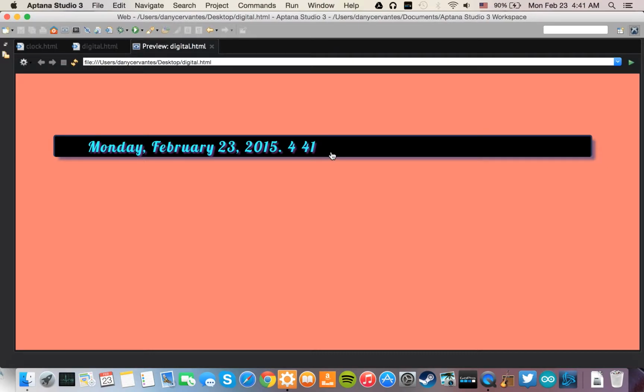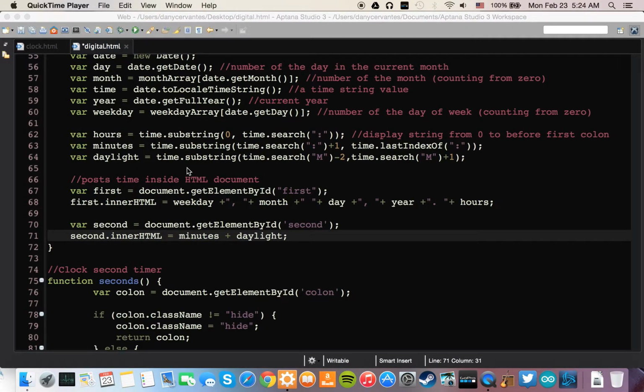Now let's finish out the program by adding whether the hour is AM or PM. To finish off the program, I have assigned the value of time.substring(time.search("M")-2, time.search("M")+1);